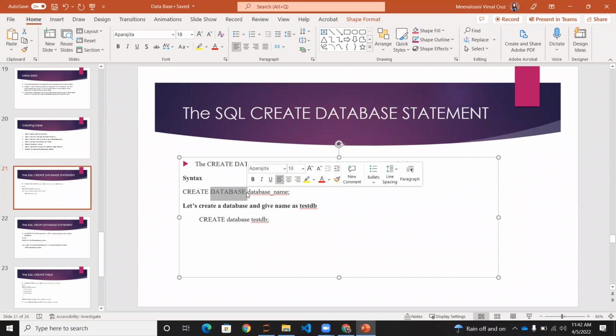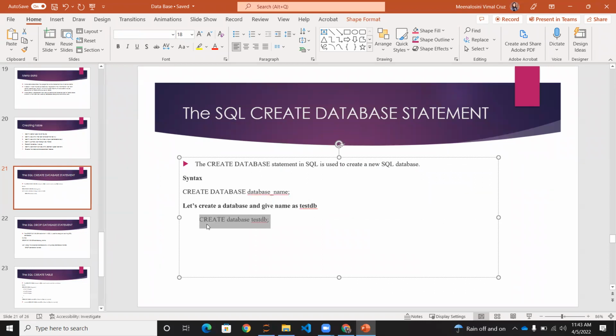Combined, it is very easy, and literally it has the meaning: you are going to create the database. Since it is uppercase, you have to understand this is a keyword that you should not use anywhere else. It has a specific meaning. And then the database name: you have to give the name of the database that you're going to create. I have given the example here. CREATE